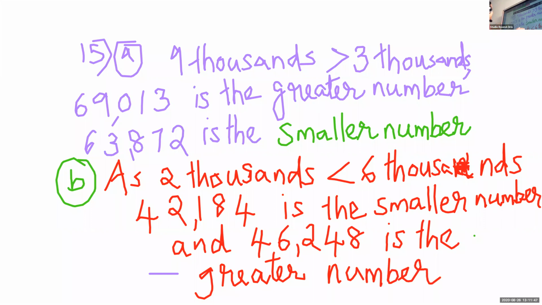So children, here we are writing the steps, which place value we are comparing. If the ten thousands place is the same, you have to go to the thousands place, and when we are comparing, it is easy for us to find the smaller number and greater number. Okay, question, Arfan. I think there is some connection problem for Arfan. Yes, Anubama, finished? Anselin?